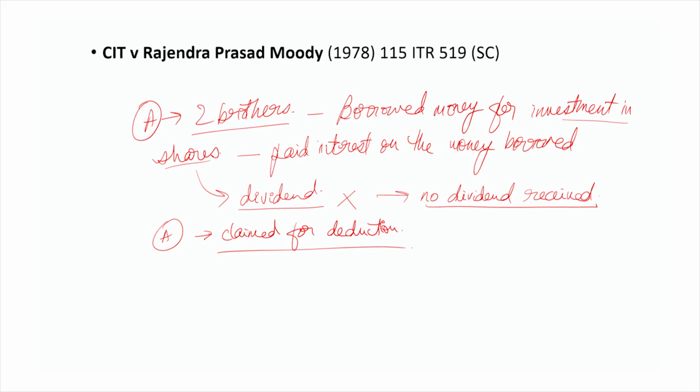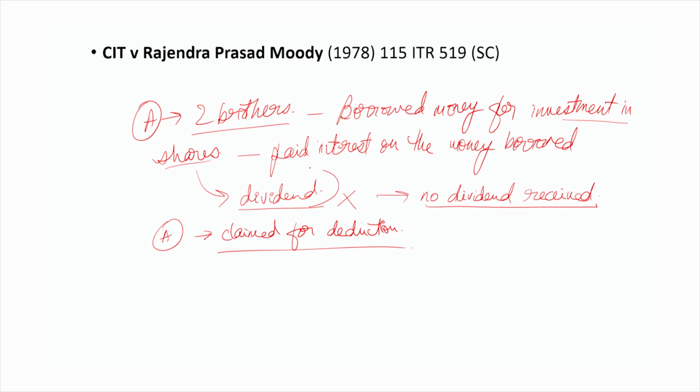So they said that, well, what have we done? We have borrowed money. We have borrowed money for what? For the purposes of investing. So what was the purpose of borrowing that money? The purpose was to actually go and buy shares, and from that they thought that they were going to get dividend. But it so happened that they did not receive any dividend, right? So the court was faced with the question that should they get a deduction for the purposes of this expenditure that they have incurred. The court over here said that, well, we have to see whether or not the